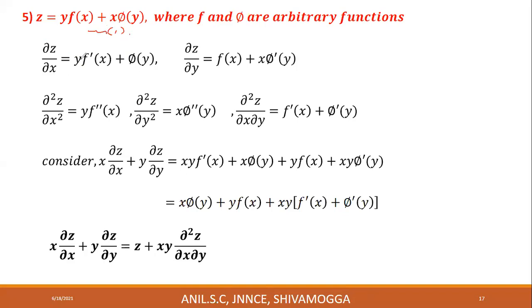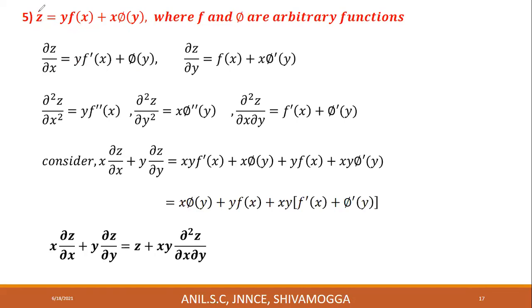Now differentiate equation number 1 partially with respect to x. The resultant is denoted by del z by del x. Derivative of z is del z by del x. Here y is to be treated as constant. Keep it as it is y. Derivative of f of x is f dash x. Plus here phi of y is constant. Therefore keep it as it is, and derivative of x with respect to x partially is 1. Therefore, del z by del x is equal to y into f dash x plus phi of y. You can denote this del z by del x by small letter p, or just keep it as it is.